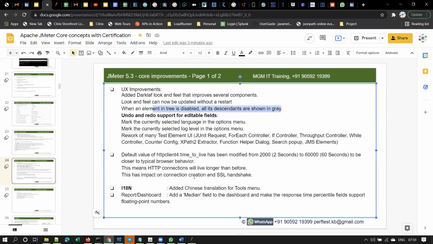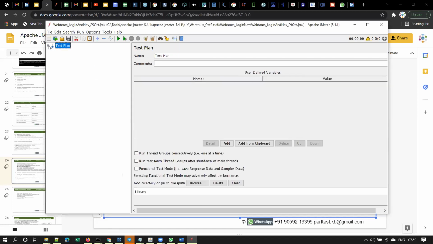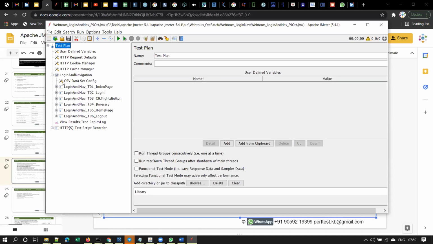First of all, let's understand what an element in the tree is. In computers, we call this a tree. Observe here, you have a minus symbol, and when you expand, you have certain elements under that. This is called a tree in computers, right?